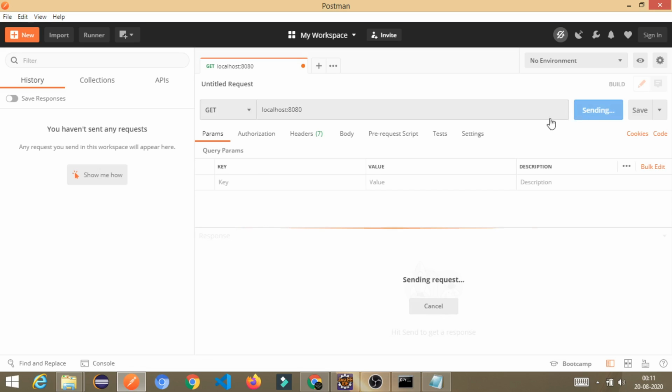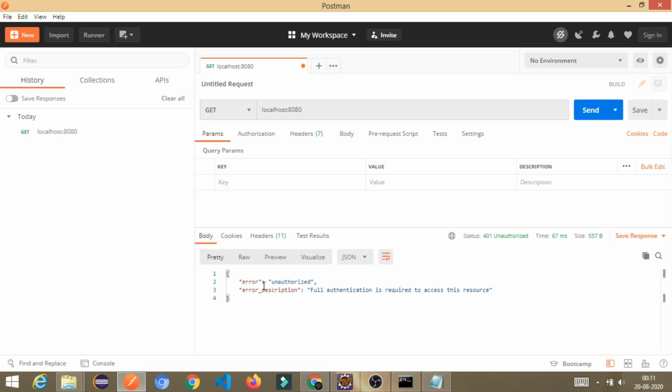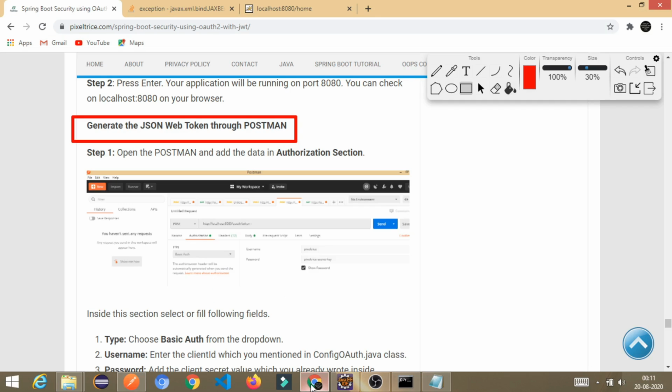Let's try to send the request. What message will we get? See, error message, unauthorized, full authentication is required to access these resources. Even if you call the API which I declared in the controller class, see here, home endpoint, same message we got. Now move to the article.